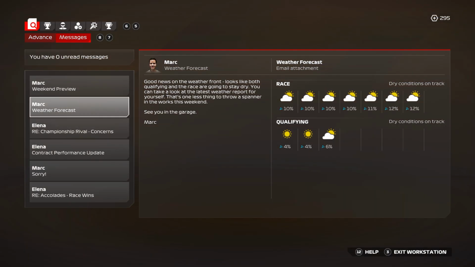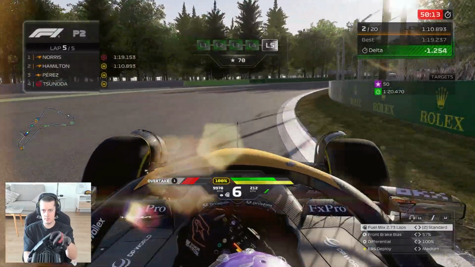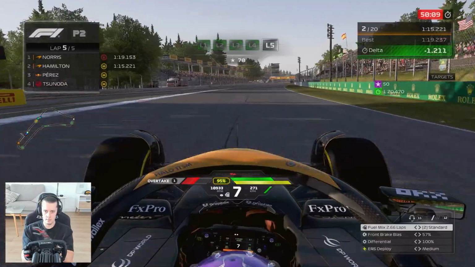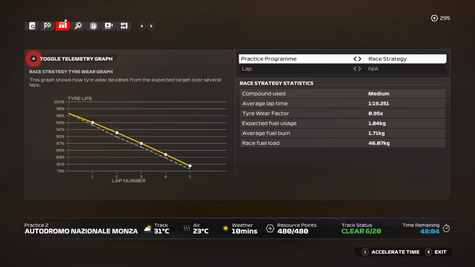Now, the only real note is Sauber bringing upgrades this weekend, nobody else really improving. The forecast is dry, so we begin the on-track action with practice, and the car felt sublime. It feels like the quickest car in the field, and I think this track suits our car really, really well. We maxed out the practice program, hit it with pretty good ease, got all our goals ticked off,